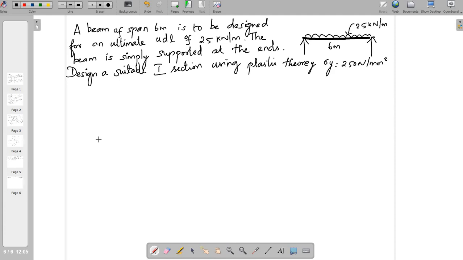So let us solve this problem, a simple problem, because it is a simply supported beam of redundant 0. It is a structure with no indeterminacy. Even if you want to make the structure a mechanism, we need only one hinge because R is equal to 0. The number of hinges required,